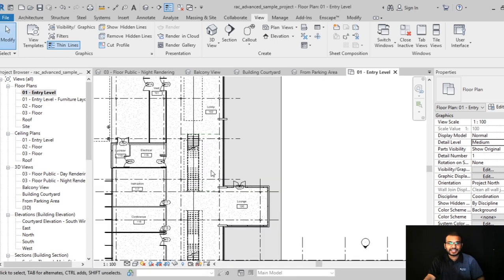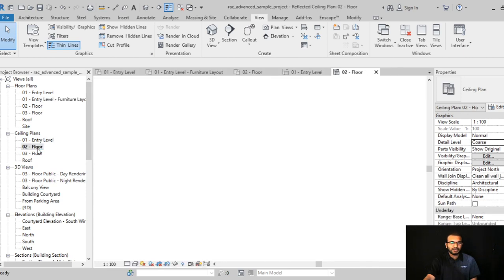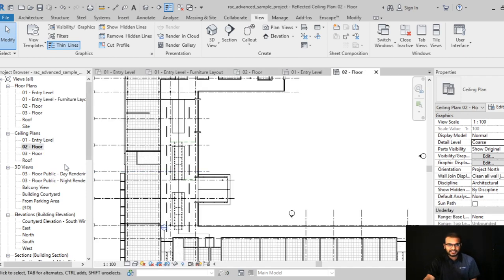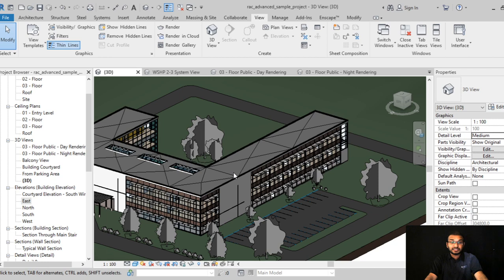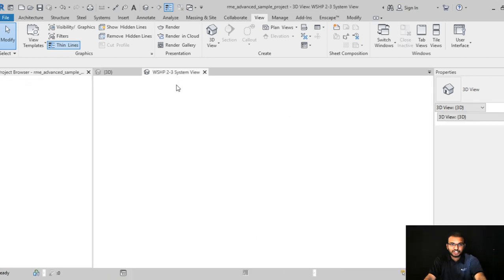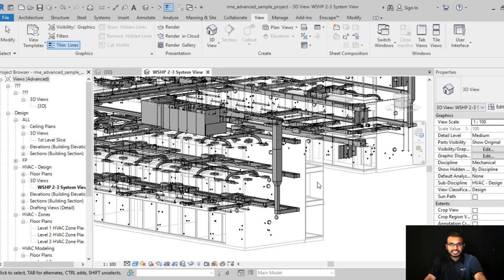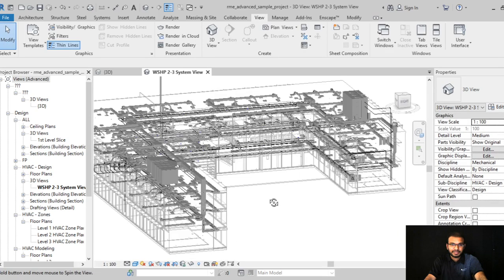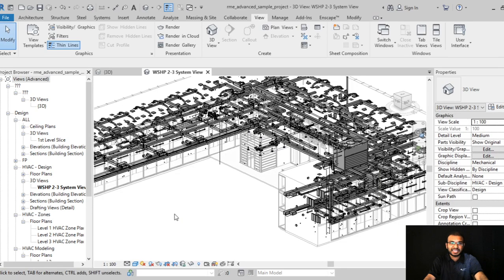If you are going to the detailing or execution side, you can even get this plan. Plan at entry level, plan at the furniture layer, and how the floors are created. It can be a plan, a ceiling plan, a section, an elevation, whatever you need to take to the industry. This picture gives you the complete application of MEP in that same architectural building.